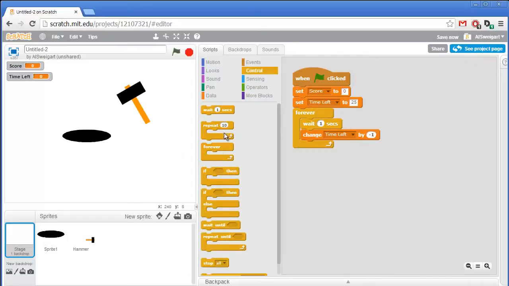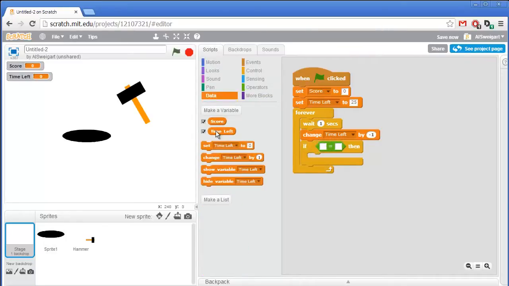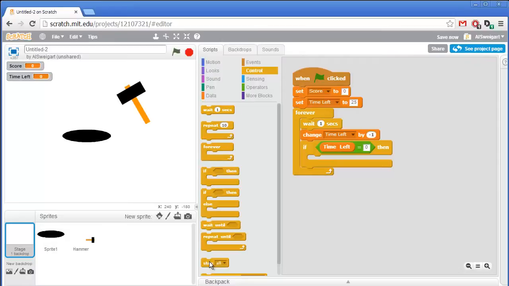And then inside that loop, we constantly check if time left is equal to 0, and that's how we know when the program will stop. So if time left is equal to 0, then we'll want to go to the control section and grab this stop all. So since this loops forever and ever, and every second time left decreases by 1, having time left start off at 25 means the game will last for 25 seconds. So let's test this out. Click on the green flag,